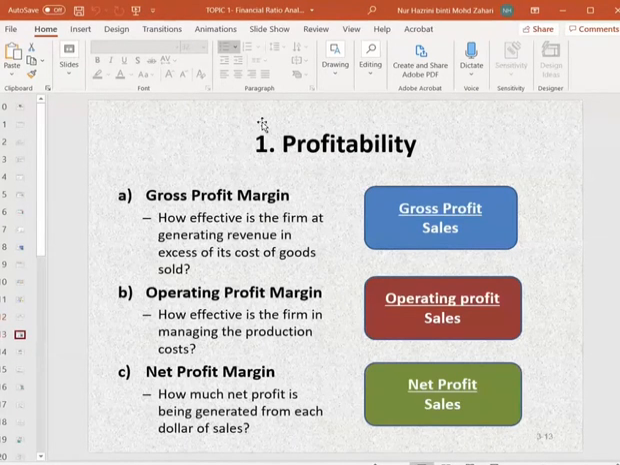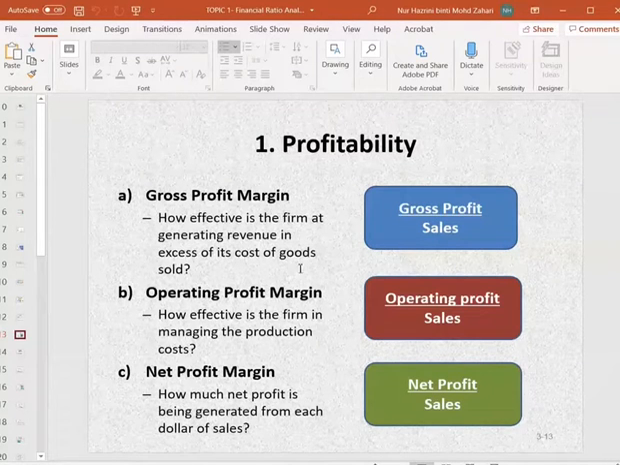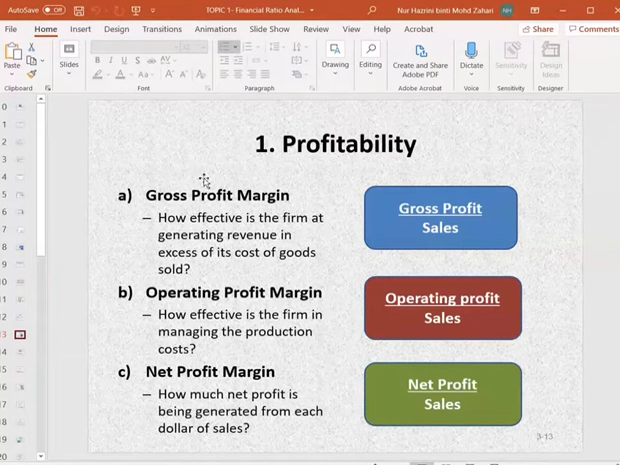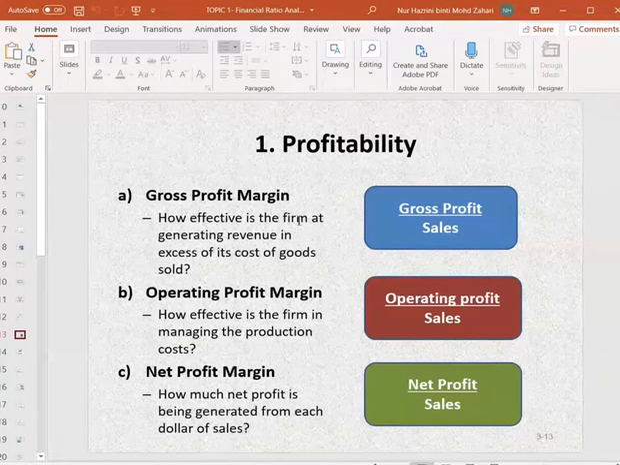So first one, the gross profit margin. This one we want to see how effective the firm is at generating the gross profit, after you have already taken care of all of the goods sold. How effective is the firm at generating revenue in excess of its cost of goods sold? We are talking about gross profit. I hope you still remember how to get gross profit: we get it from the sales minus cost of goods sold. So from sales, how effective we are in managing the cost of goods sold is how we determine whether we are good or not in